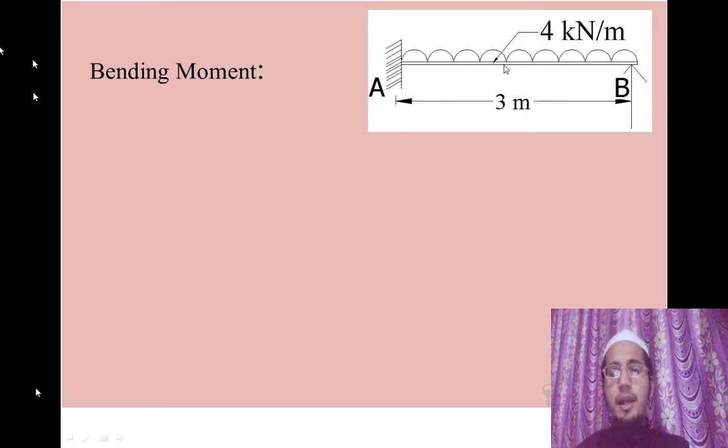shear force and bending moment diagrams, that for point loads the shear force diagram will be a straight or horizontal line and the bending moment diagram will be an inclined line. And in case of UDL, the shear force diagram will have inclined lines between 2 points and the bending moment diagram will be shown by a parabolic curve. So, to draw the exact parabolic curve, we will find the bending moment at different points. So, as the span is 3 meter, we will find it at 1 meter and 2 meter